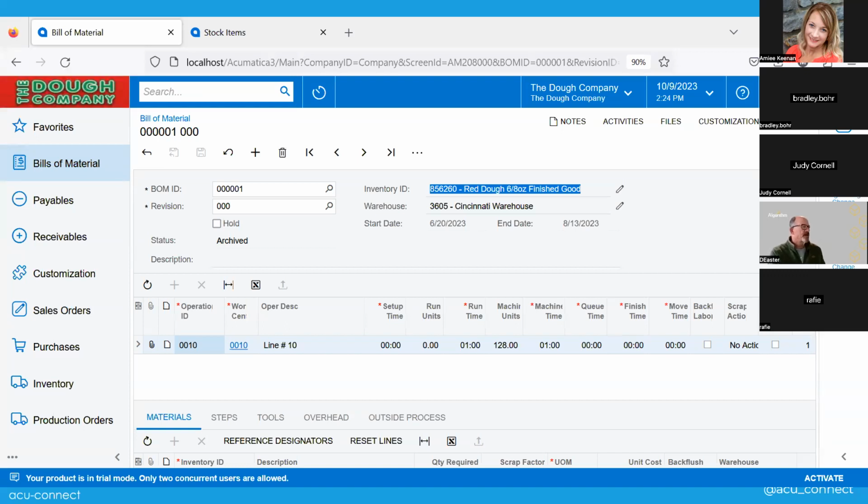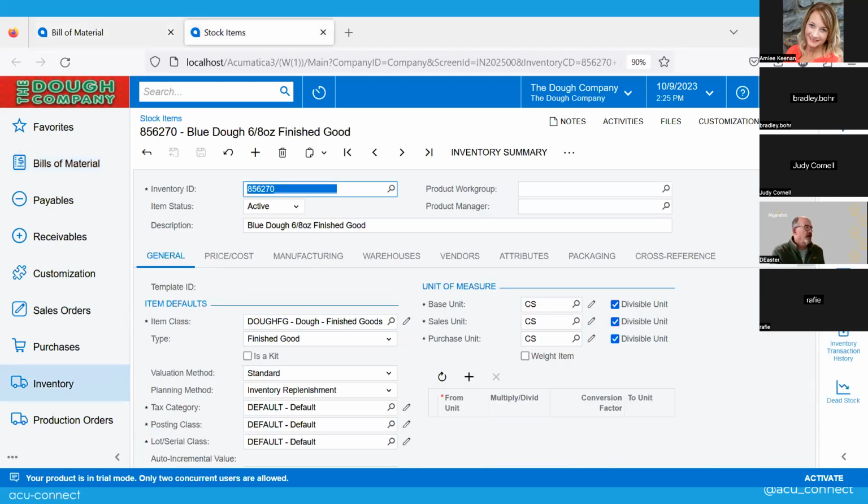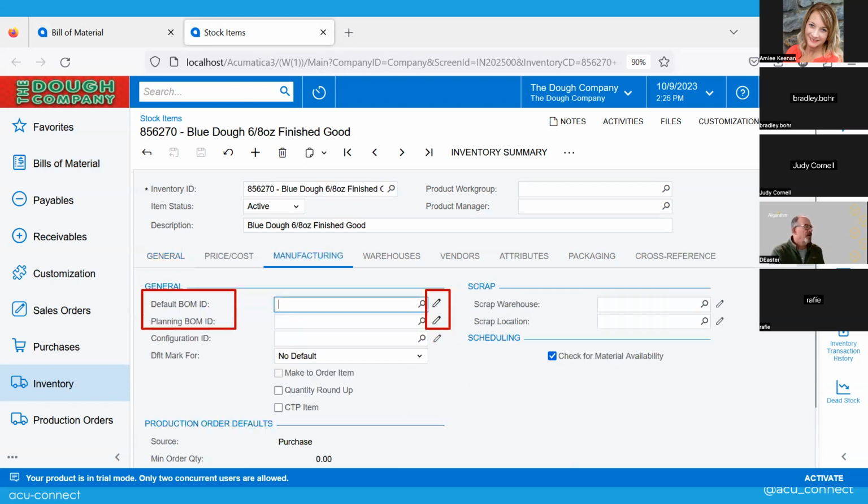You know, so if we take a look back, here's a sample bill of material for some red dough. And here I've created a new item for blue dough. And if we go to the manufacturing tab, these pencils have always been there, but in previous versions, when you clicked on them, if there was no bill of material identified in that screen, it would just simply bring up the bill of material entry screen. And so